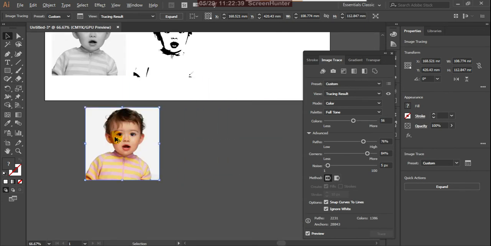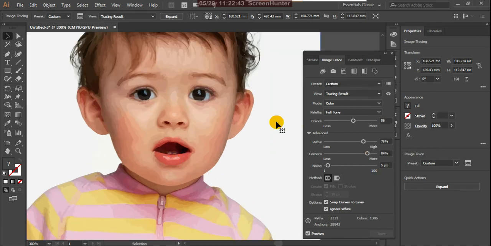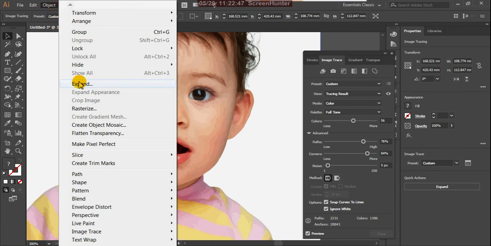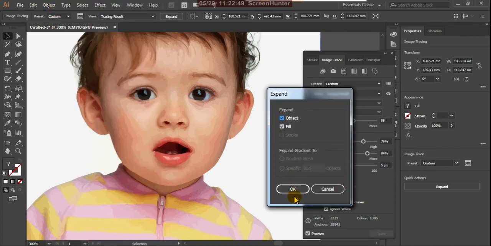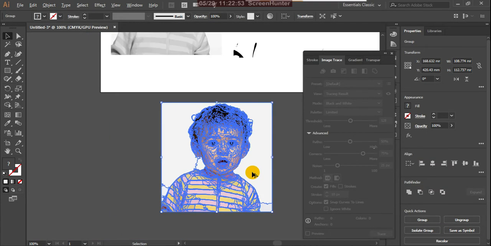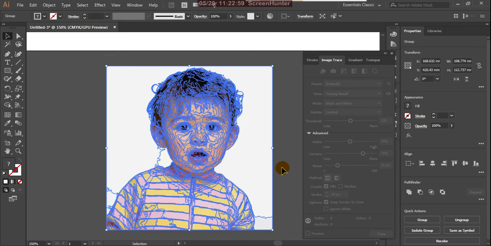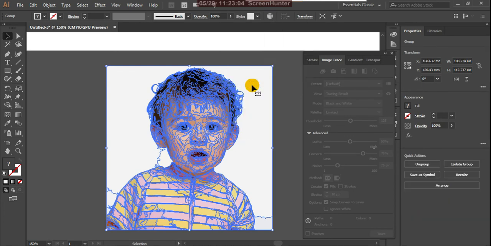So here also, what we do after this: Object, Expand, Object and Fill, say okay. And here you ungroup them.